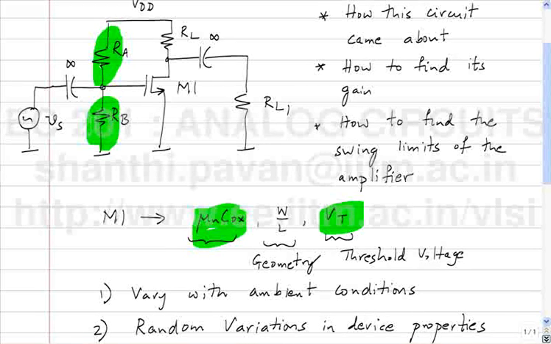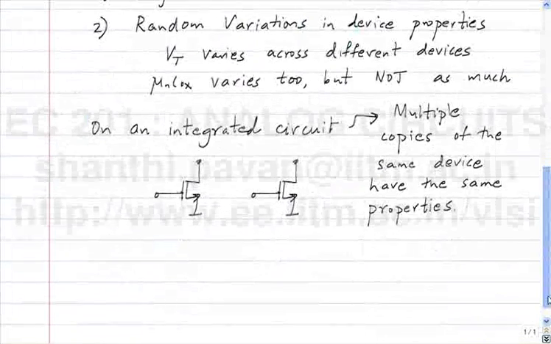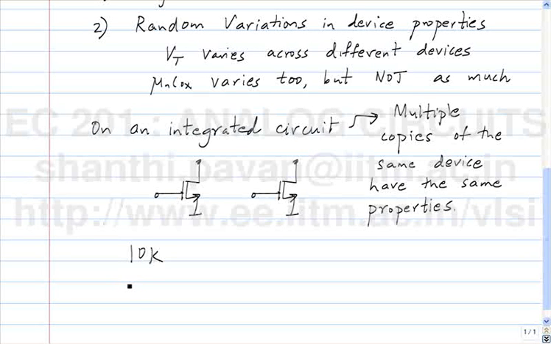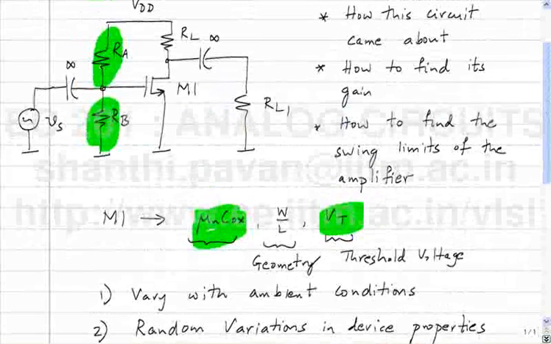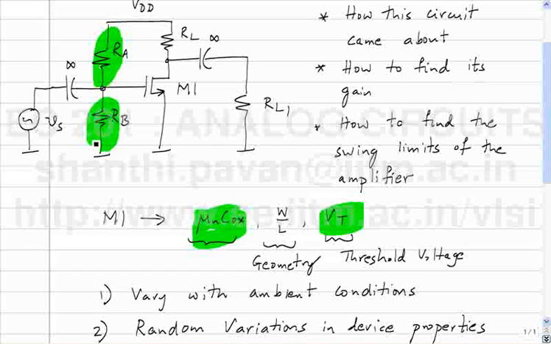However, if you took the ratio of two identical components, what would you expect? So you are making two resistors. One resistor was 10K, one resistor was say 20K. Alright. However, because of some big screw up in the fab, instead of 10K, you got say 15K, which means that instead of 20K, you will get 30K. So even though the absolute values of resistors are different, you can bank on the ratios of like components to be very tight. Does this make sense? So in other words, in this circuit, if you make the circuit on an IC, even though RA and RB vary by a whole lot,